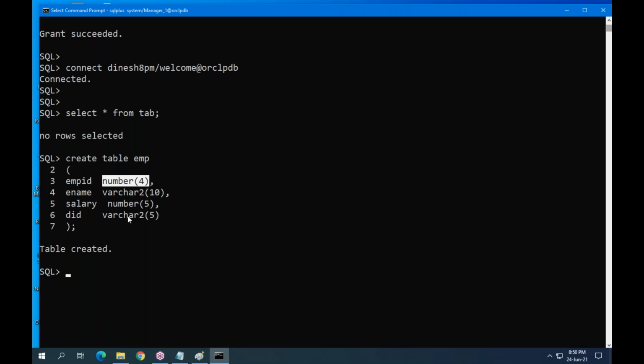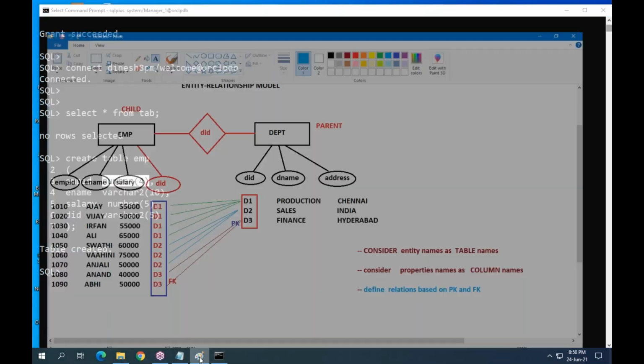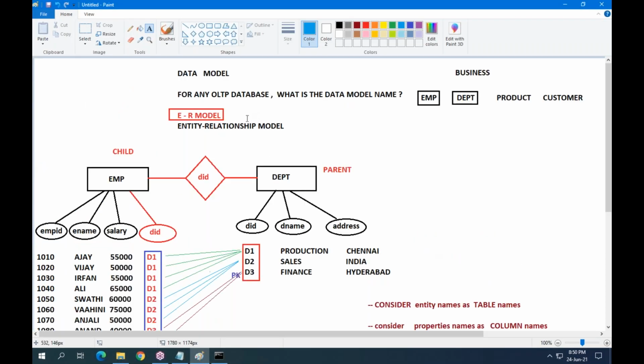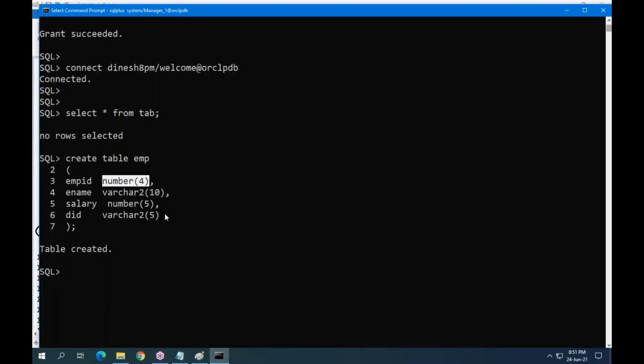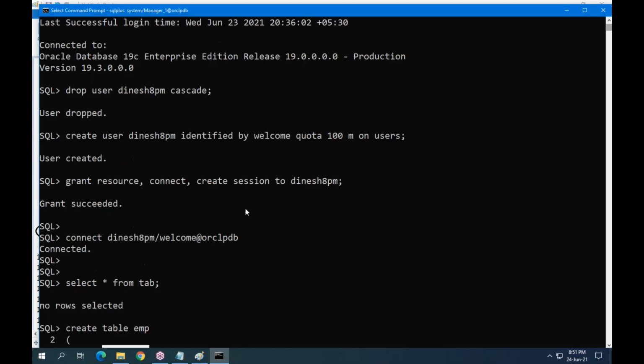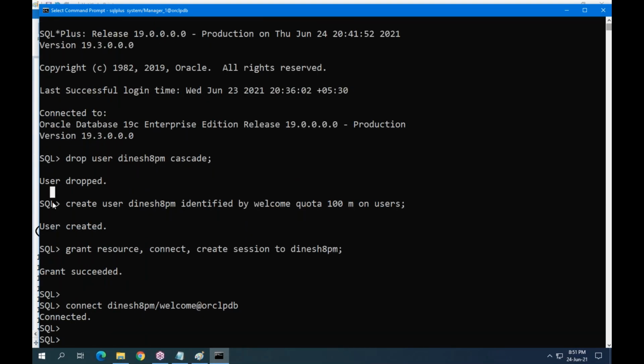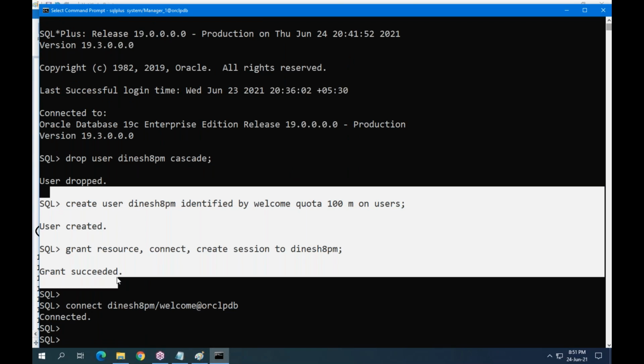If you know those two points, then you can create any table according to your business requirement. So this is about the data model, and based on the data model, how to create a table. Don't worry about how to create a user account or how to install the database.